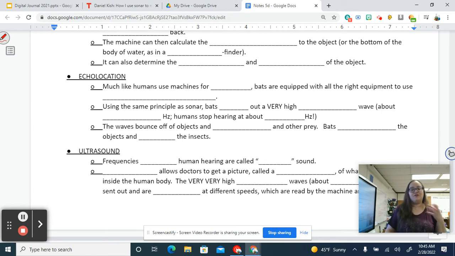If you can produce a sharp sound with your mouth or with your hands, I'm going to challenge you to stand in your kitchen and close your eyes and make that sharp sound and spin around as you're doing it and listen, and you'll be able to tell there's the open doorway, there's the wooden front of the cabinet, there's the metal front of the refrigerator, there's the glass front of the oven. Like, you'll be able to tell the difference. It's really amazing, and it's amazing how fast our brains pick it up. But much like humans use machines for sonar,